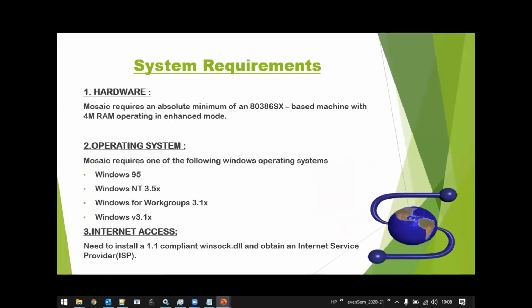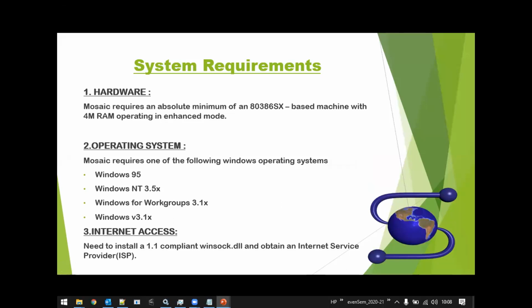Next, system requirements include a minimum of an 80386 based machine with 4 megabyte RAM working in enhanced mode. Here, 80386 is a 32-bit processor which has the ability to carry out 32-bit operations in one cycle.